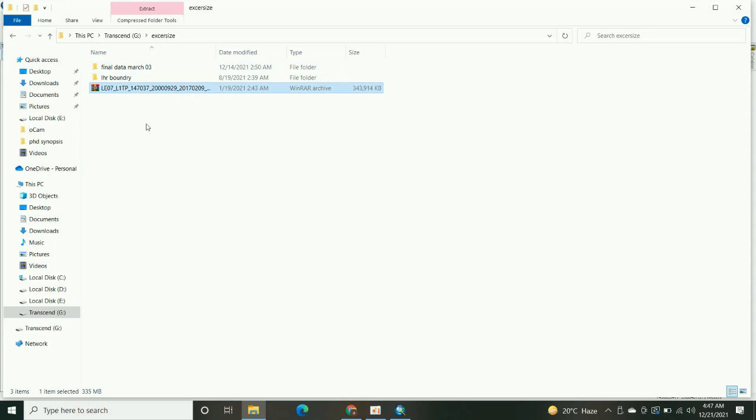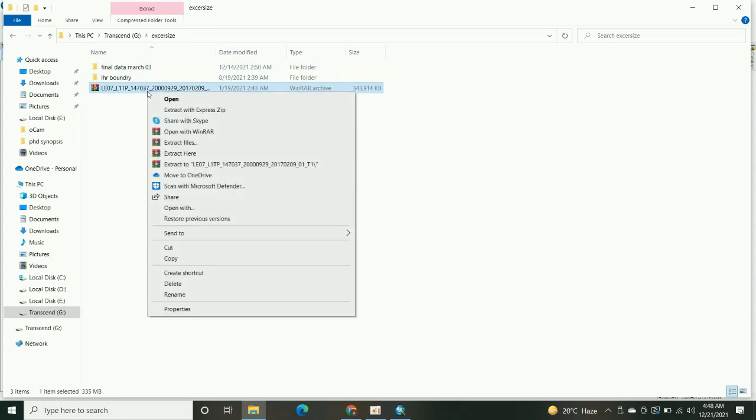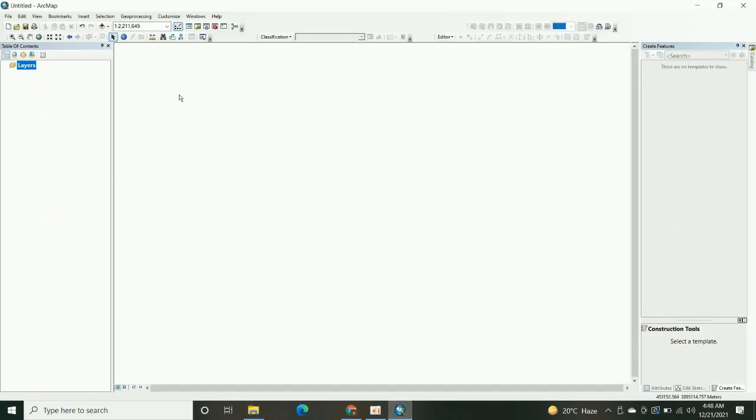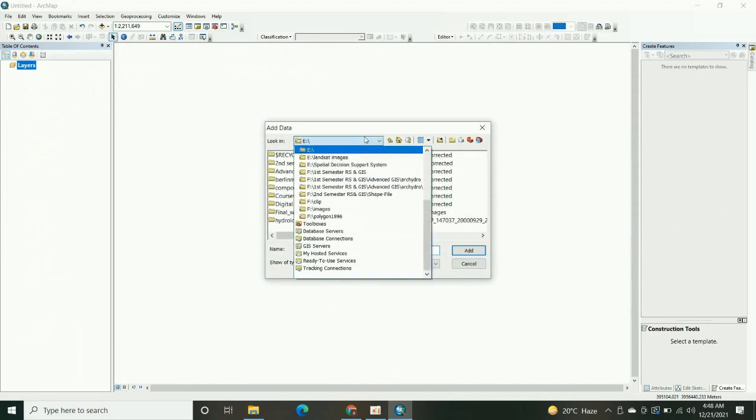Today we are going to learn how to perform the composite of bands and clipping of an imagery. The imagery we have downloaded from the USGS Earth Explorer, we will add in ArcMap.